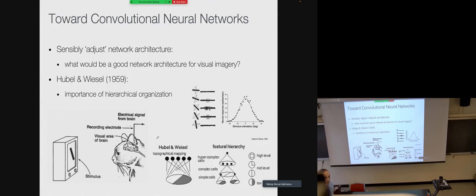how vision systems in animals work. For example, in cats, the cat experiment. Many other experiments have been done on mice, on flies, on monkeys, and people have shown that generally what the brain does is some kind of convolution, what is called a convolution operator. What a convolution is will come shortly, but it's a much more efficient way of applying transformations on images than using feed-forward neural networks.